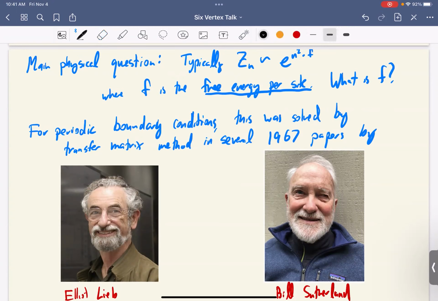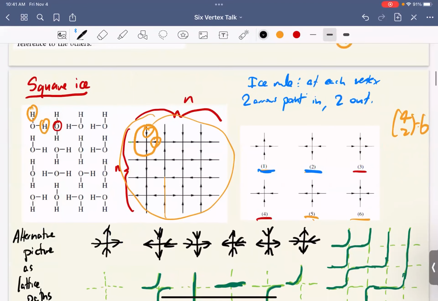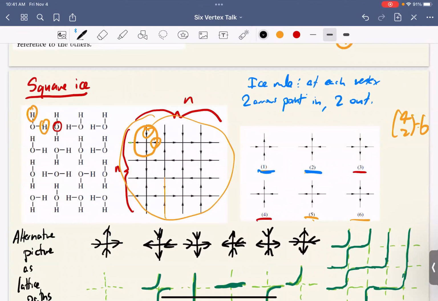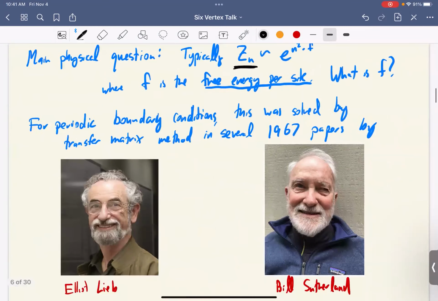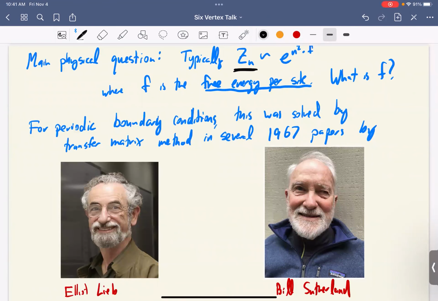And so typically, this partition function, which in the case of equal weights just counts how many configurations there are, for large n, and maybe I didn't mention it, I'm always considering this square lattice to be of size n by n. So it's a square, n is the dimension, so n squared is the number of vertices. I did not specify the boundary condition. All of my pictures are all the same boundary condition, but it's okay. I will specify the boundary condition.